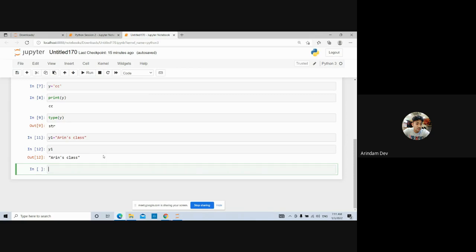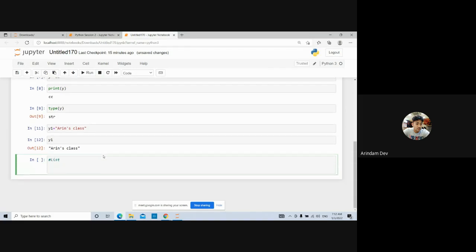At that time we're going to have these advanced data types also. So what sort of advanced data types are we going to have? The first one is called list. So what is a list? List is one of the advanced data types that we're going to have in Python,